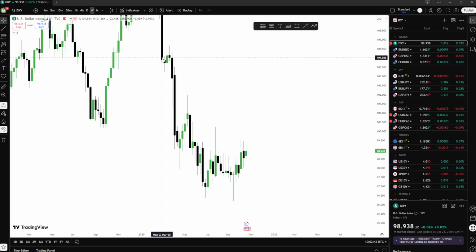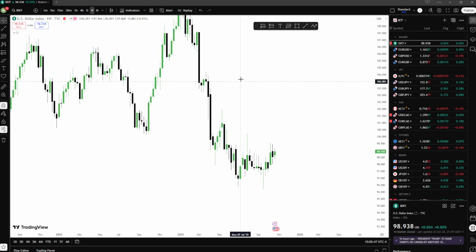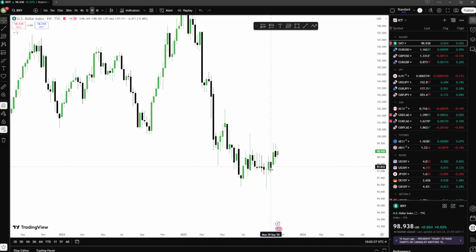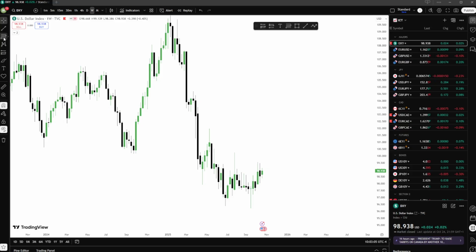So jumping straight into the dollar index on the weekly chart. As we can see, we've been pointing out over the past couple of weeks that we've been dropping pretty heavily on this. I mean, the start of the year is around here and we've literally sold off all year on the dollar. And now we're seeing some consolidation within the price action. But if we were looking at this from a premium and discount range, we spoke a bit last week about